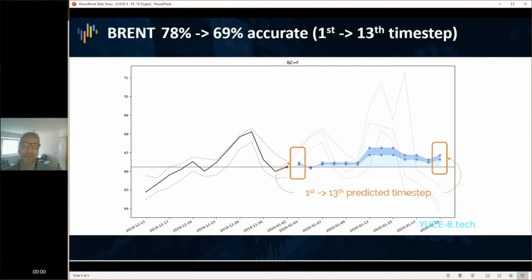And on the 2nd of January, you ask YUCE-8 what is the most likely scenario of the future, and then it will dot the blue lines. Now we do the backtesting and see how did the Brent price flow over those days after the 2nd of January, and you see the dotted lines, and you see it's pretty accurate. Yeah, so the direction, is it a bullish or a bearish market? It's quite accurate.